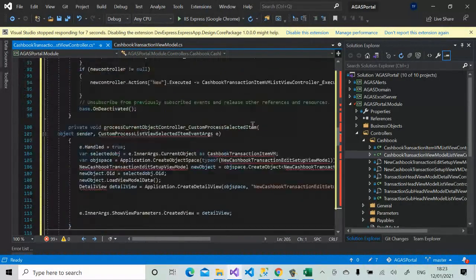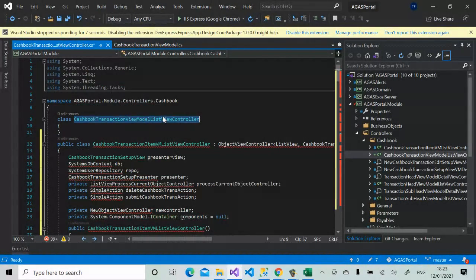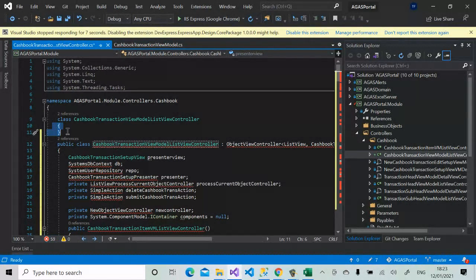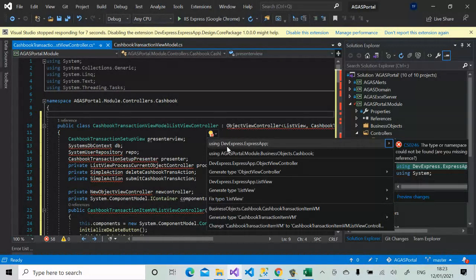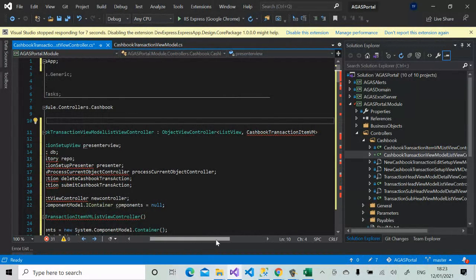Now I'm going to clean up because what I just want is the implementation so I can take care of shortening instead of typing everything. So the things to watch out for here is that cashbook transaction view model